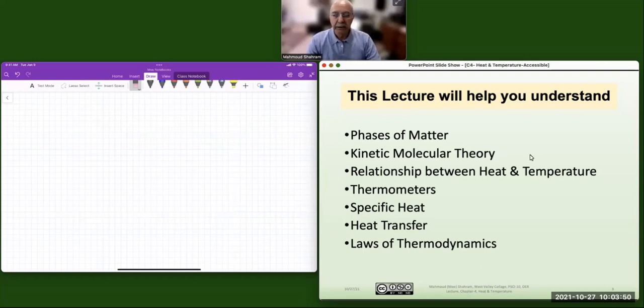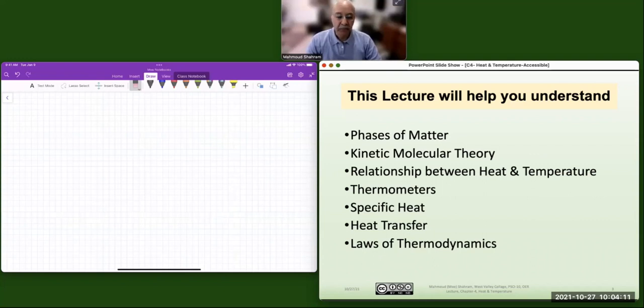And then we distinguish between temperature and heat, which is very important. And then move on to talk about how we measure temperature,